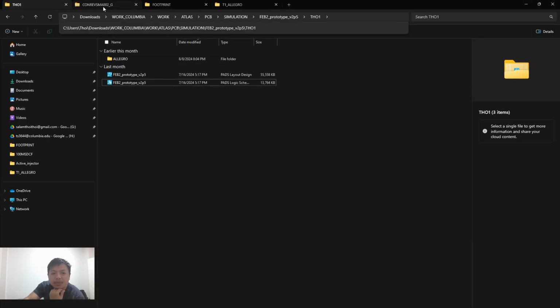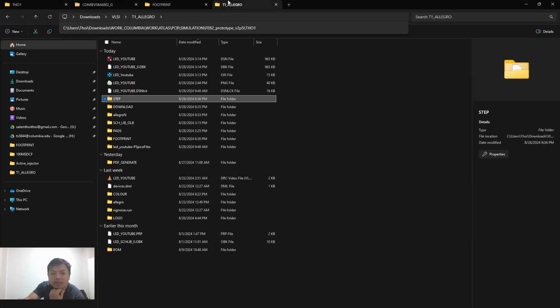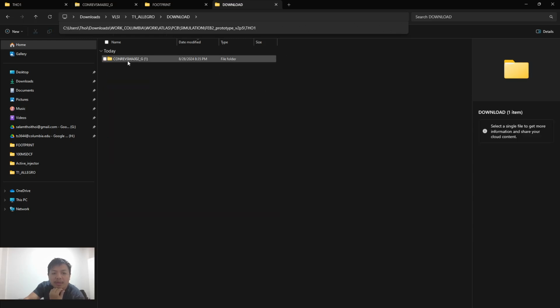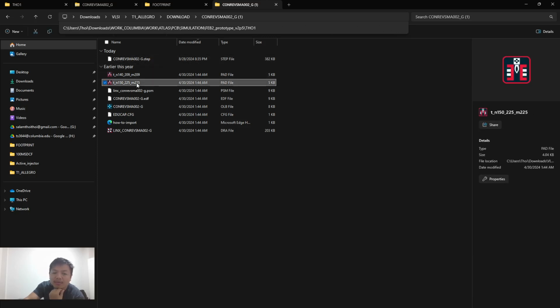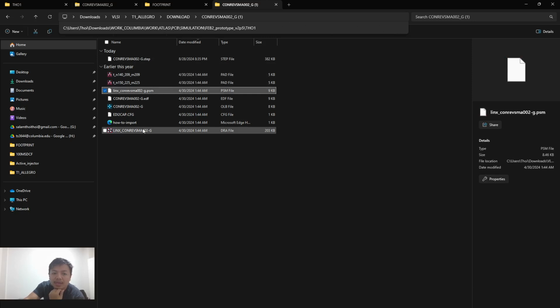You can go for any devices. I'm keeping the download files right here. As you can see, this is the 3D step file, these are the path file, and these are the footprint,